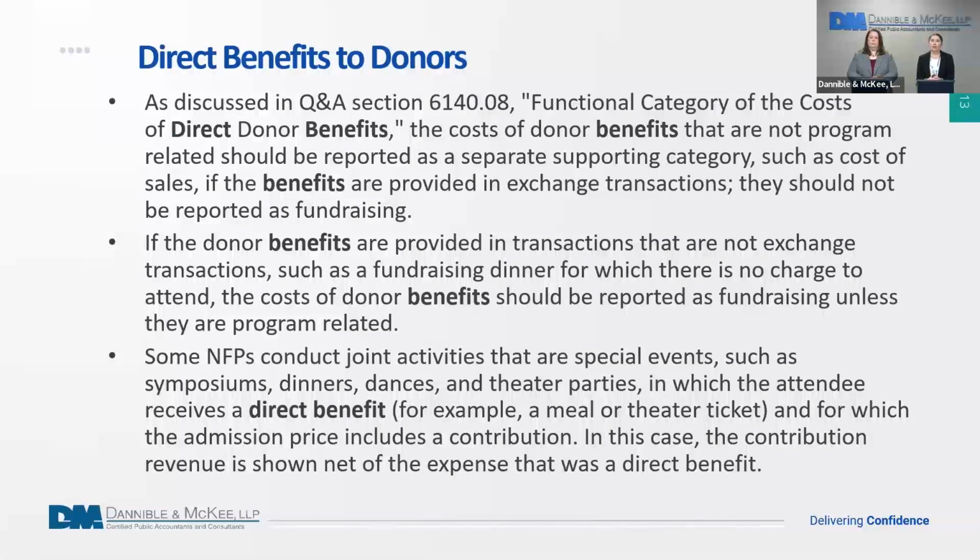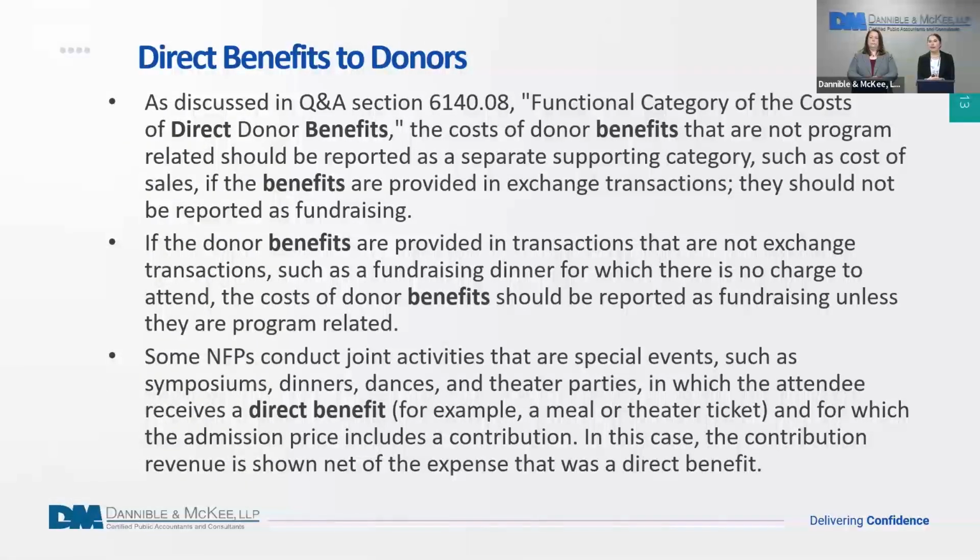Next, we're going to talk about direct benefit to donors. This is another area that has some nuance. Here we're talking about benefit to donors often during fundraising events, but we'll go through the specifics here. So as discussed in the Q&A section,